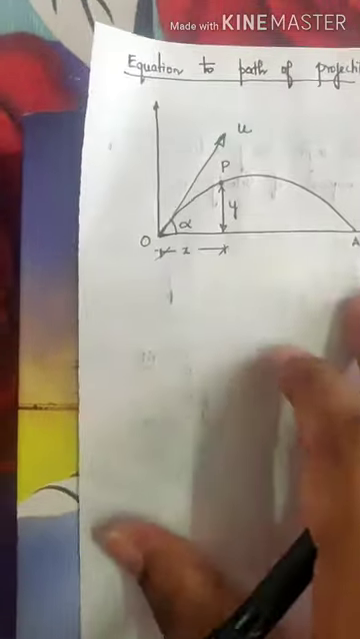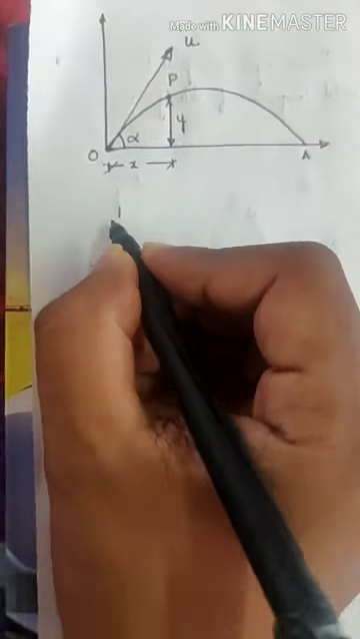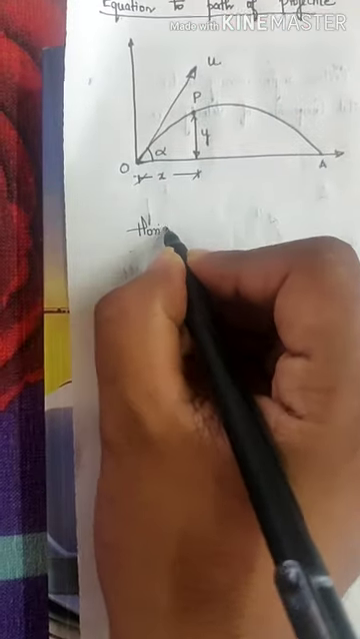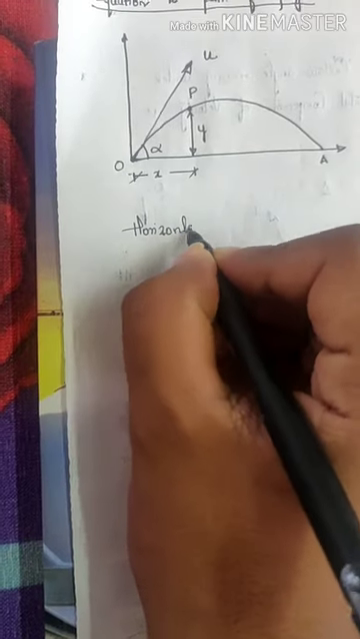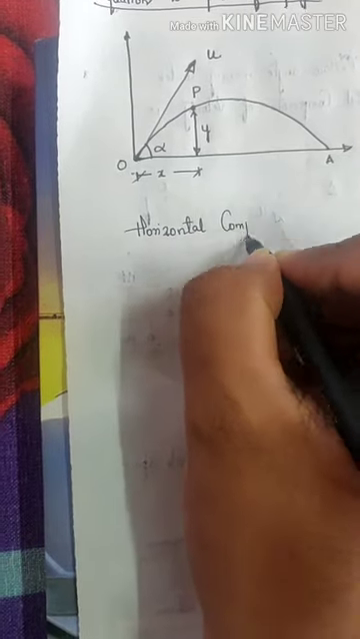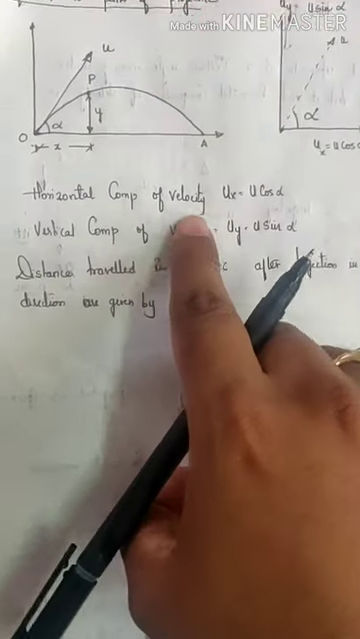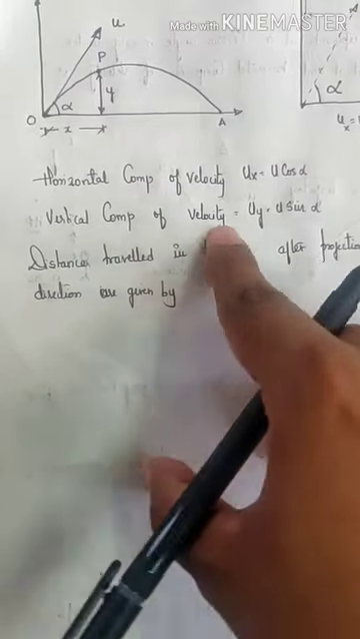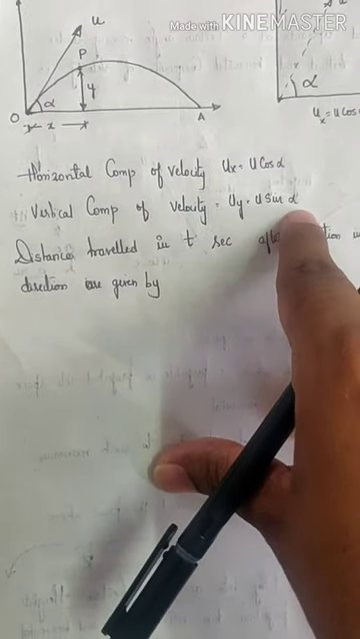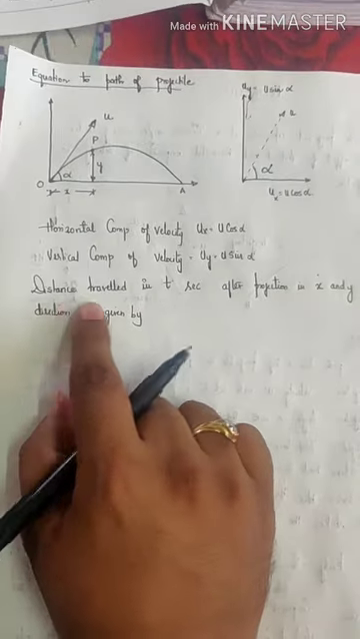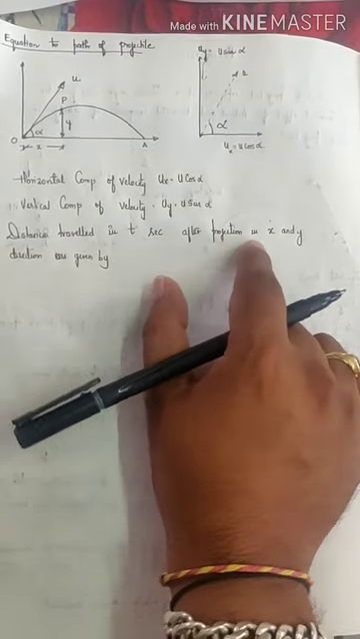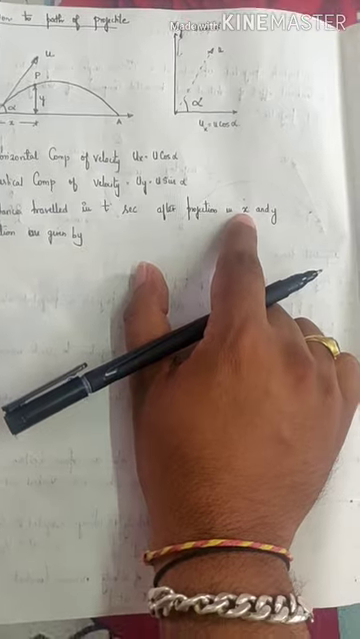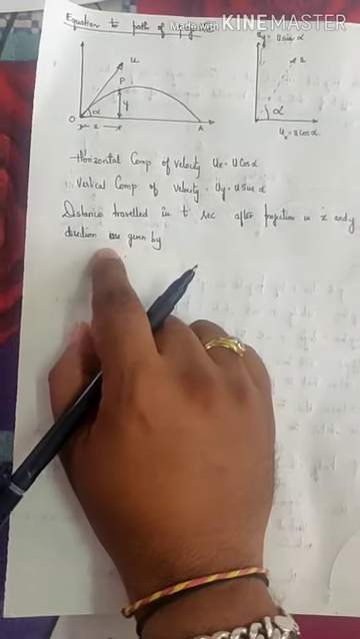So the horizontal component of velocity is ux, which is u cos alpha. The vertical component of velocity, uy, is u sin alpha. So the distance traveled in t seconds after projection, in the horizontal direction x and the vertical direction y, is given by